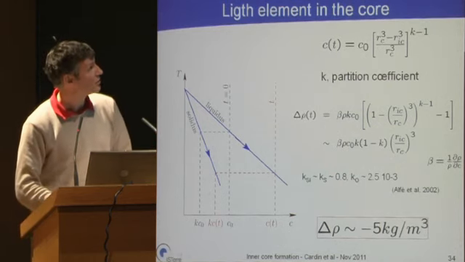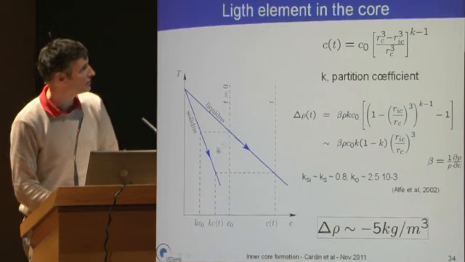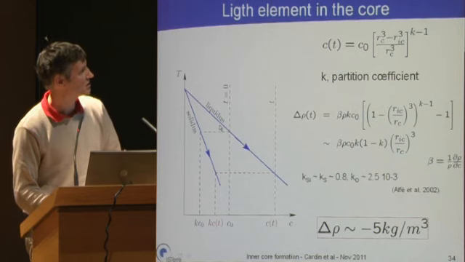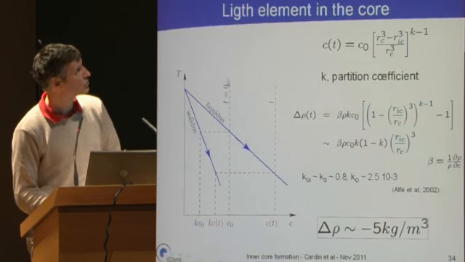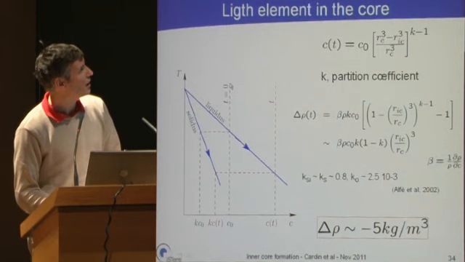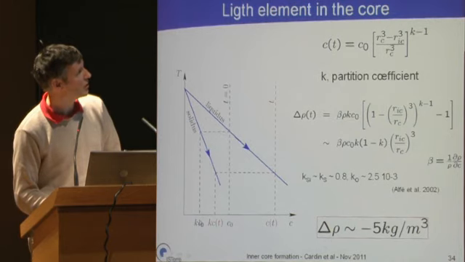So this has been shown. This is a phase diagram with a view from a geodynamicist, so very simplified, with a liquidus and a solidus. At time t equals 0, the outer core has this concentration C0 of a light element. I don't care which one. And then the temperature goes down by cooling and produces the inner core with a concentration of the light element in the inner core, which is Kc0.